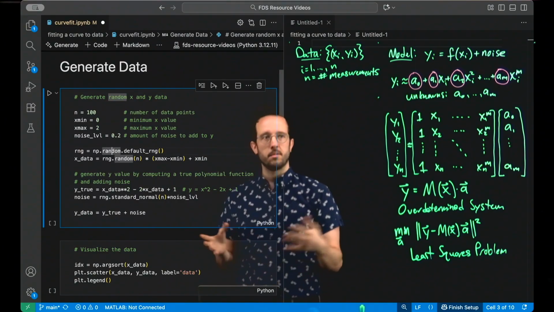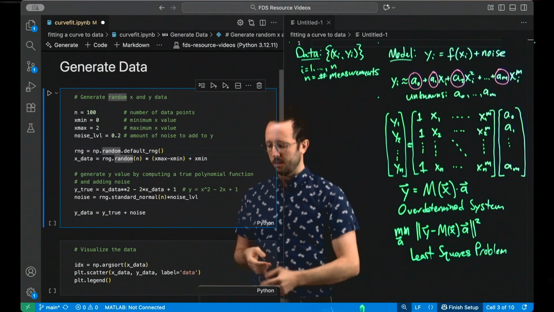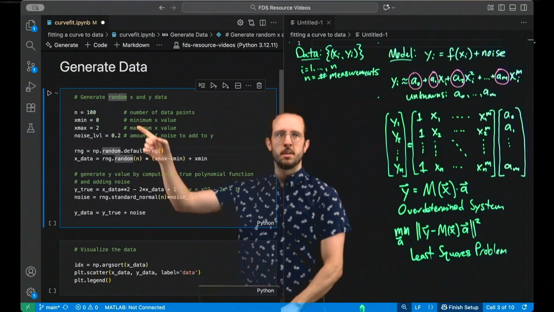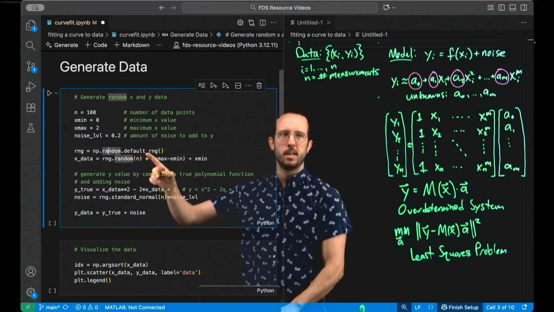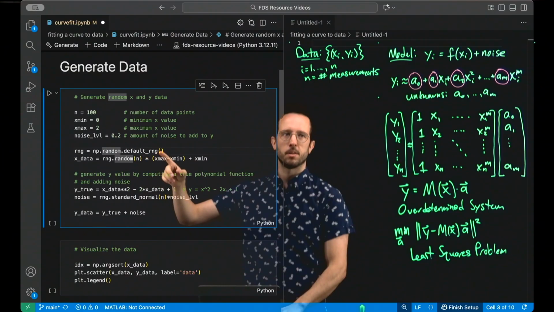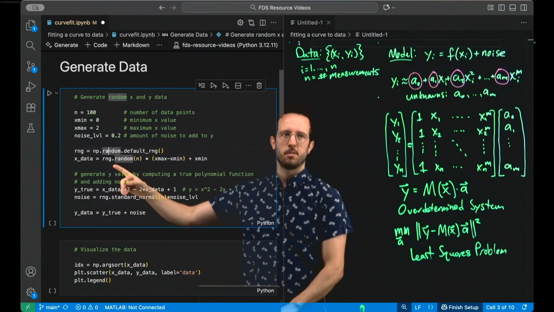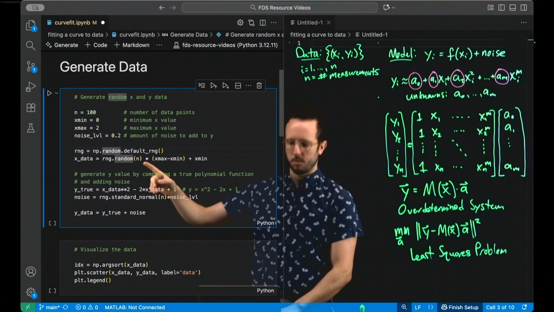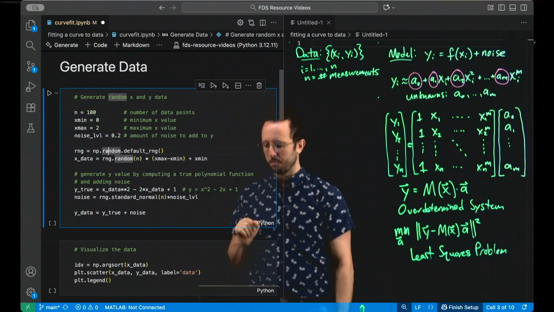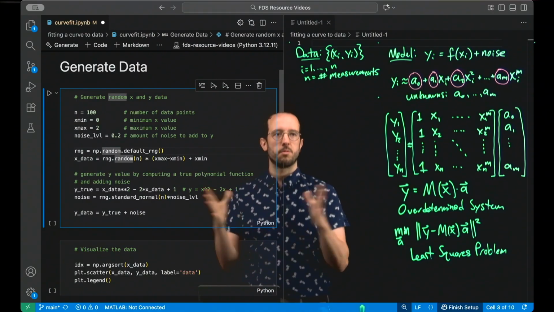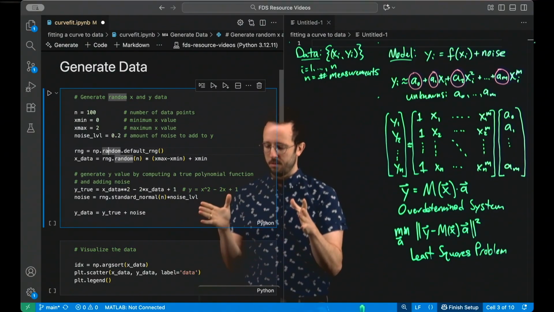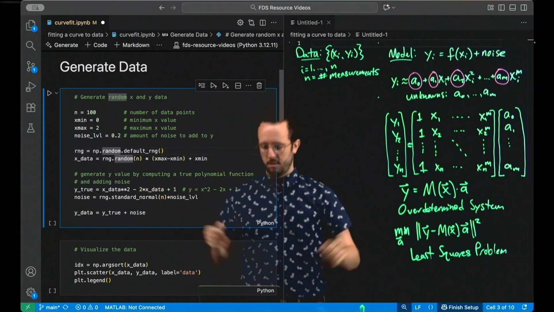And now I generate random numbers. So in NumPy, the way that you do this is through the random submodule, so np.random, and then you create a RNG, or a random number generator object. In this case, it's the default RNG. And then once you have the RNG object, you can tell it to give you a random sample of length n. So by default, the random sample is a uniform distribution over 0 to 1. So I'm going to have to take those random numbers and multiply them by 2, essentially.